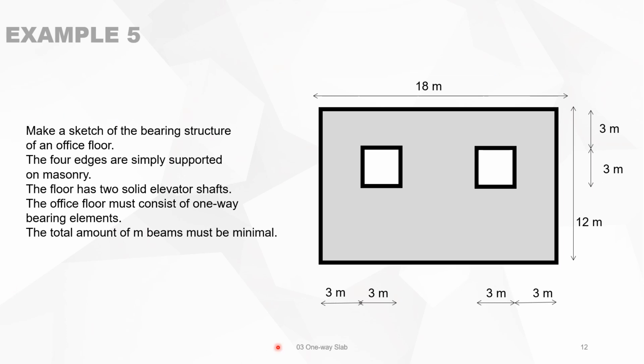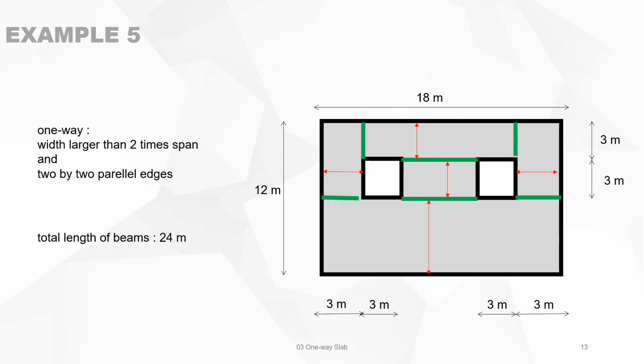A fifth example: this has voids, for instance, in the middle of a slab of a building, a floor plan of a building of 18 meters by 12 meters. You see the different dimensions here. And the contractor also wants to build this floor with one-way slabs. Now we can make a construction plan, or a load-bearing plan. The green elements are beams, so we can put a beam here, a beam there, the same here, and the same there. And then you see that every square, this for instance is a rectangle of 6 meters by 3 meters,